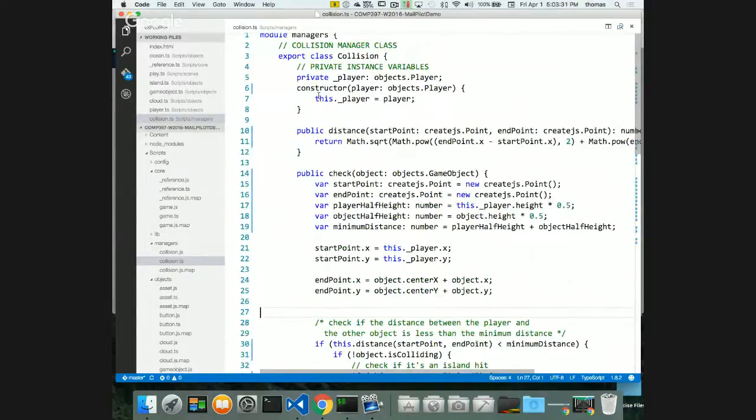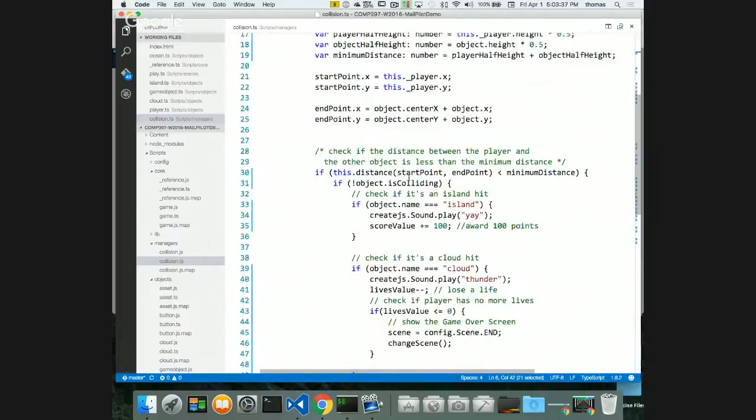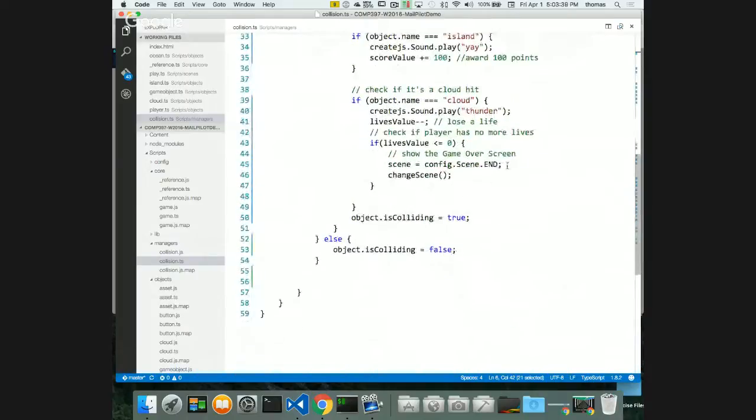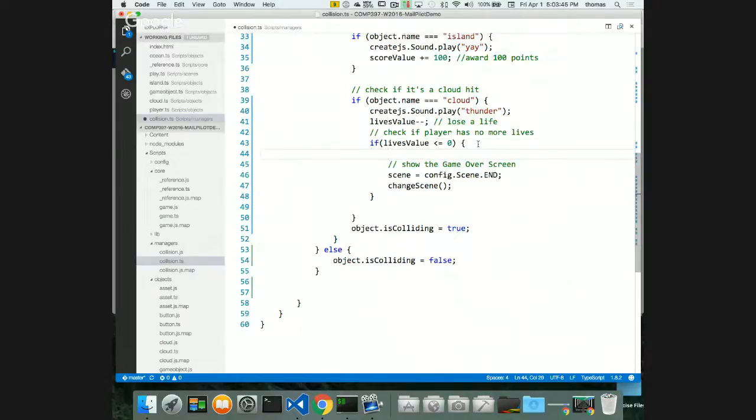So I know what my player object is. I pass in my player object in the constructor when I created my collision manager. Therefore, I have access to my player. All right, so therefore I can turn it off. So before I go to check to change scenes, turn the engine off. That's what I'm saying. So I'm going to say something like this: